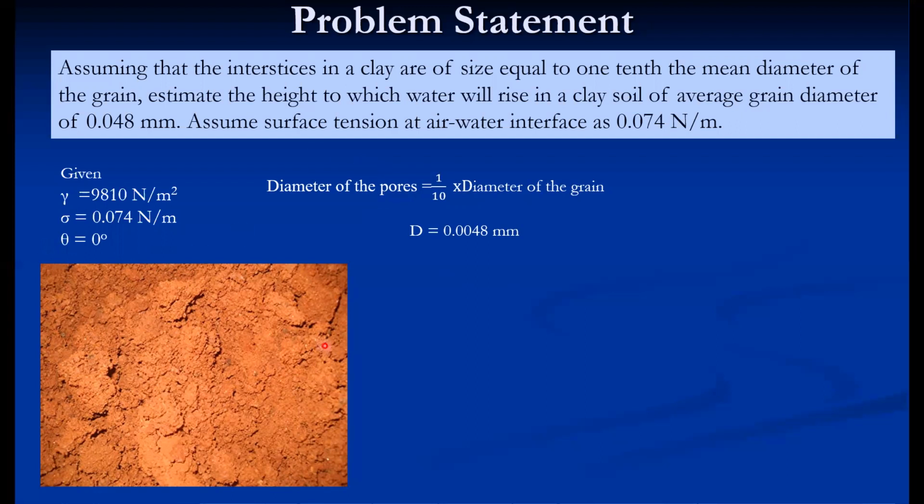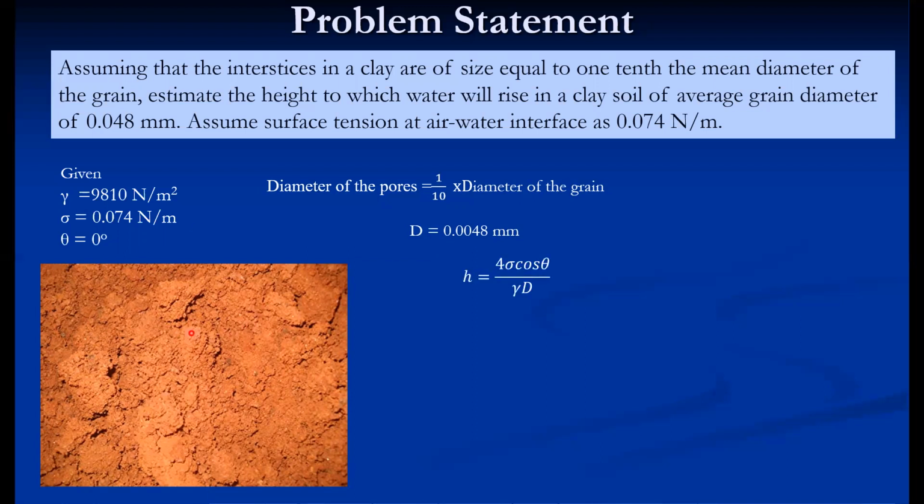So this is a clay, it's a grain. The grain diameter is given. But what are the porosities there? That porosity size is given, and that is actually our diameter expected for capillary rise. So 1/10 of the diameter of the grain. In order to estimate the height to which, or the distance traveled by, the water in the clay,